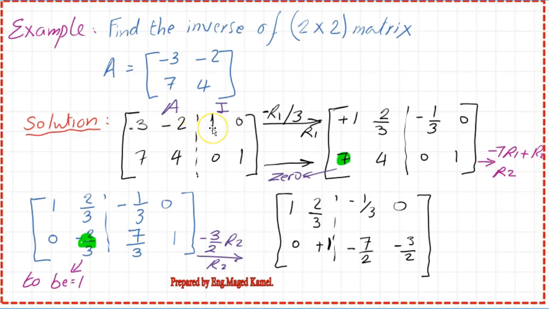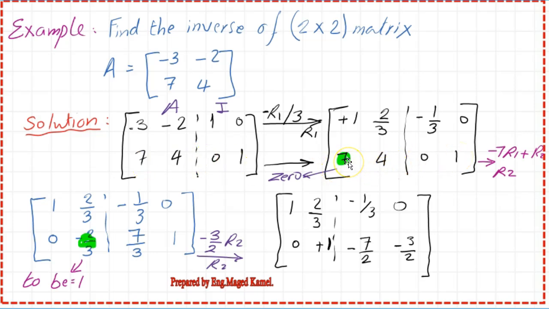For the 1 on the right side, we will multiply by minus 1 over 3. It will become minus 1 over 3. 0 will remain 0. There is no change in the second row, so we are going to write it again. To the left side 7 and 4, and the right side is 0 and 1.